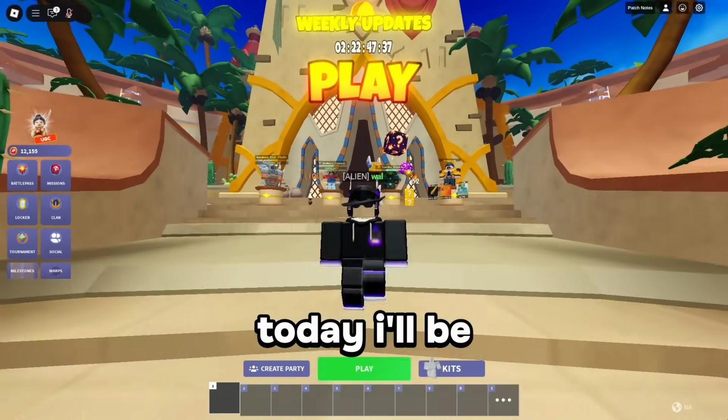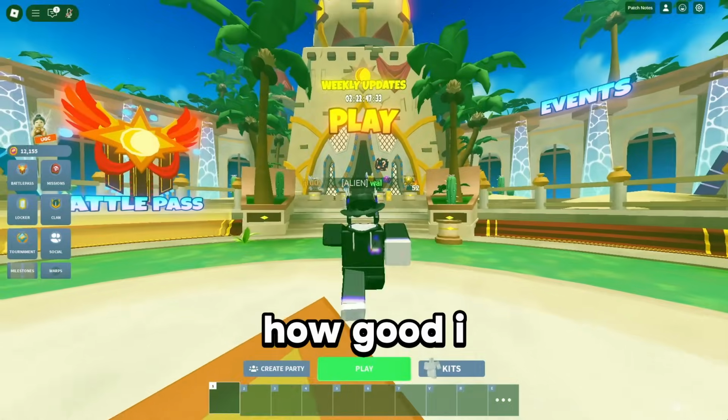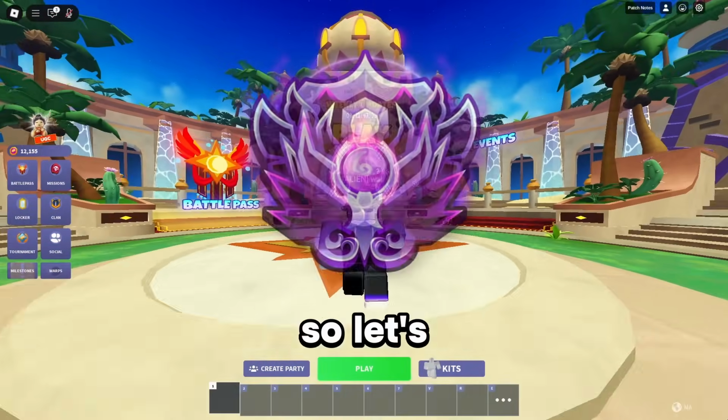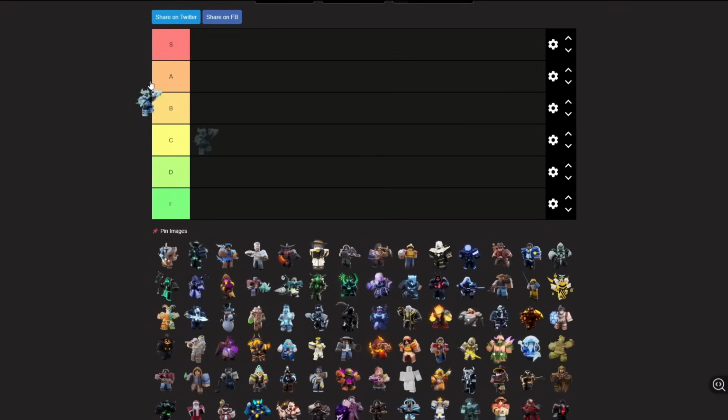Alright guys, today I'll be making a tier list on all the kits, and it's based on how good I think they are in ranked. So let's get started. The first kit we have is the Adetunde kit, and this kit's actually really good with the new PvP system, and the ability is really good for bed breaking,